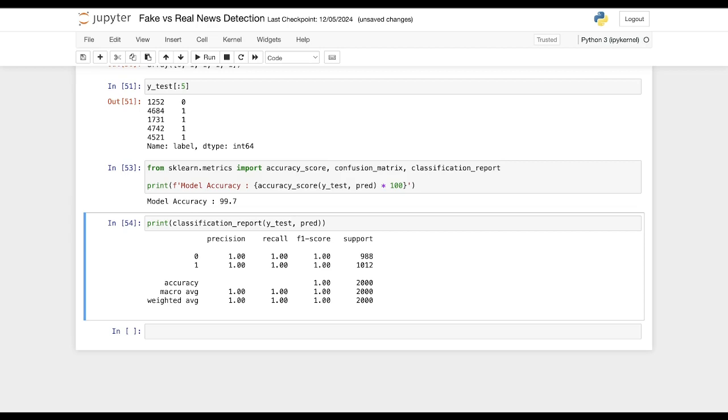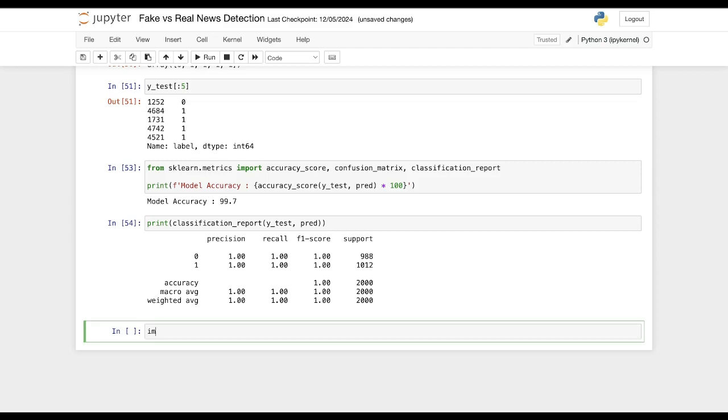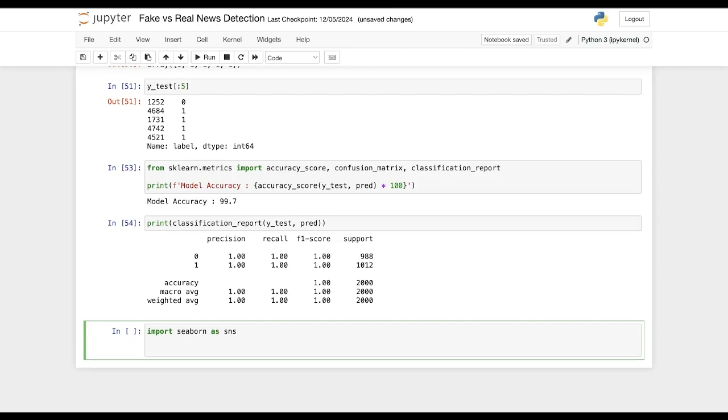So next thing that we want to do here is we will try to print the confusion matrix, and for that we will require seaborn here. We will say import seaborn as sns, and we will build the confusion matrix here. We will store it in the cf variable. We will say confusion_matrix. We will pass the true labels and the predicted ones. We will also say normalize equal to true,